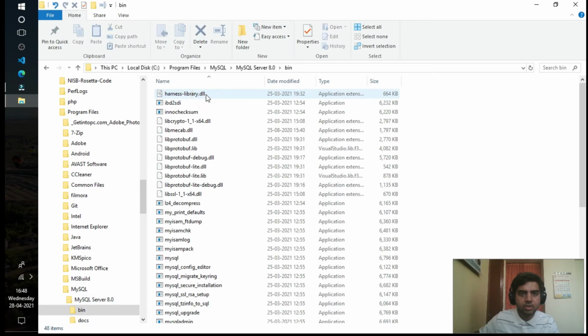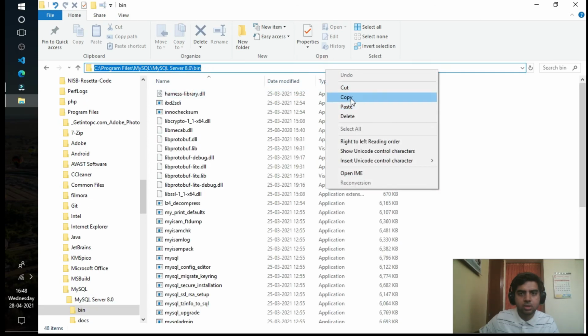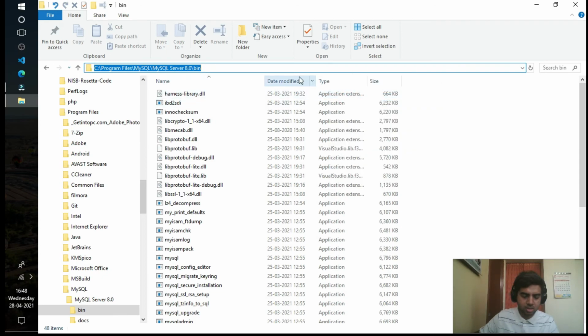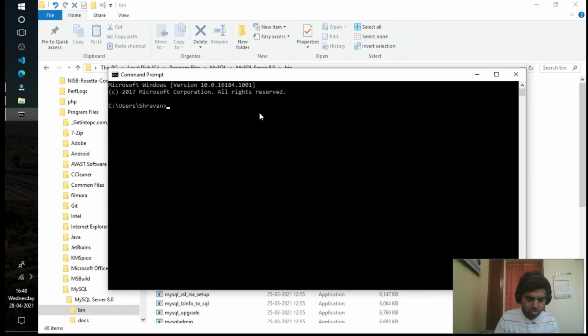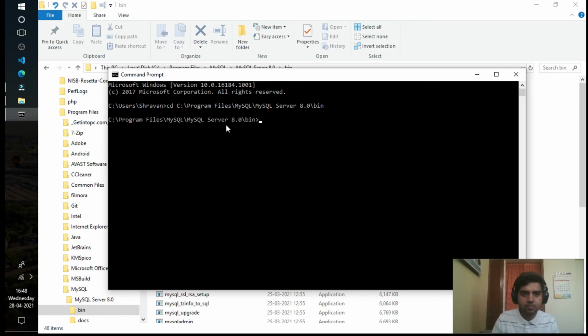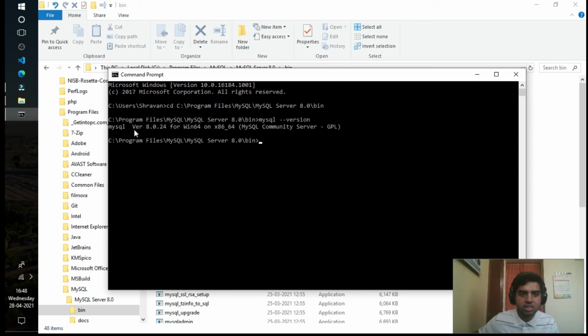Go to bin, then copy this path. Change your directory to that path and click enter. Now you can see that your MySQL version is 8.0.24.